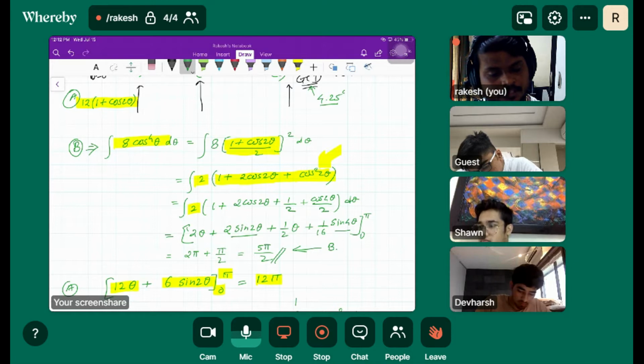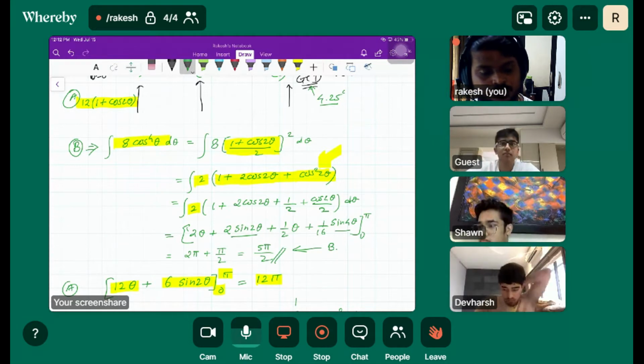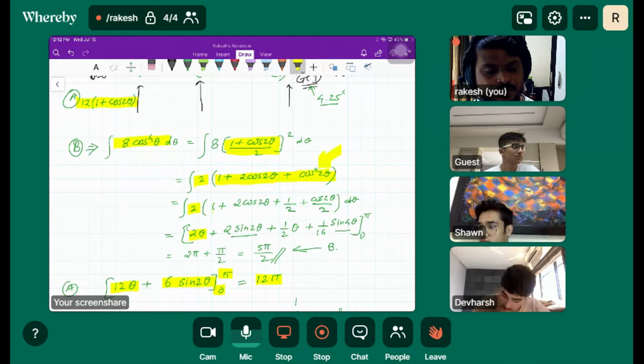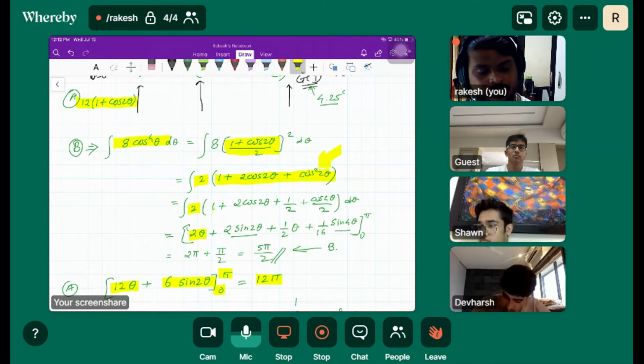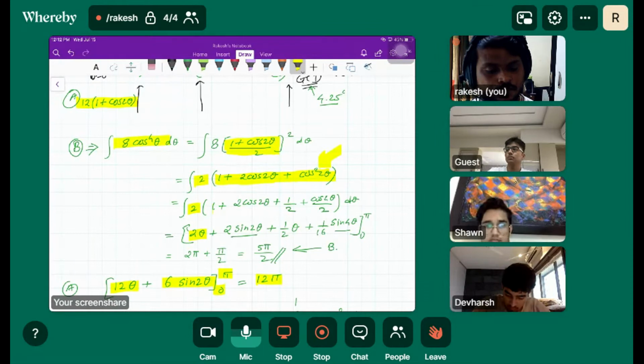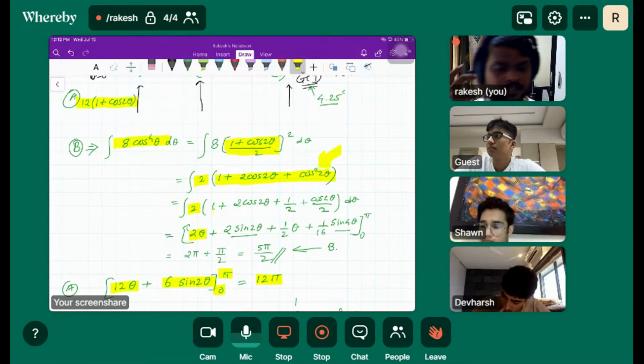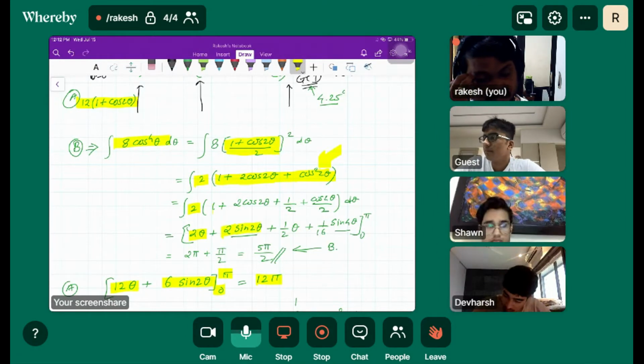1 plus cos 4 theta by 2. Okay, so when I multiply this outside 2, I distribute this 2 among all terms, and at the same time I am applying the integration also. So the integration of 2 is 2 theta. 2 2s are 4. Integration of cos 2 theta is sine 2 theta upon 2, so 4 by 2 becomes 2. Right? So 2 sine 2 theta.